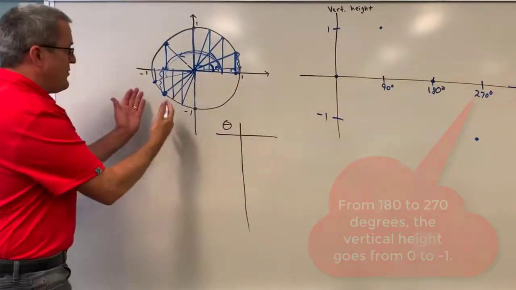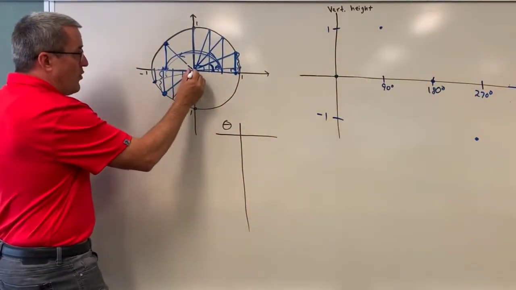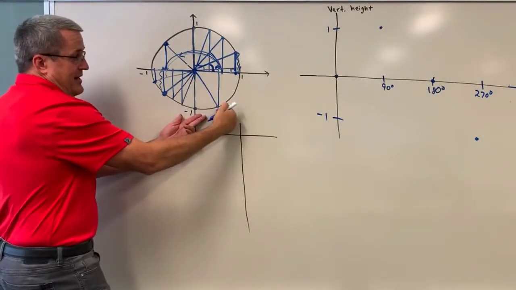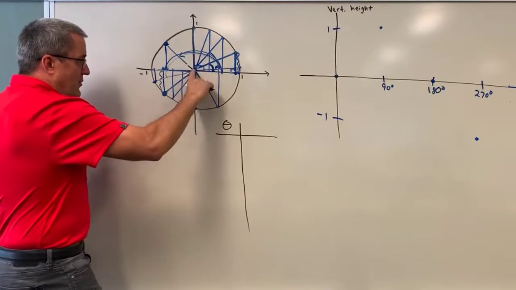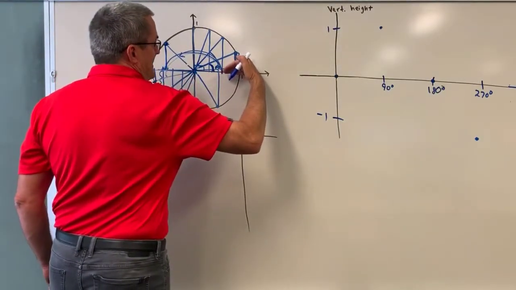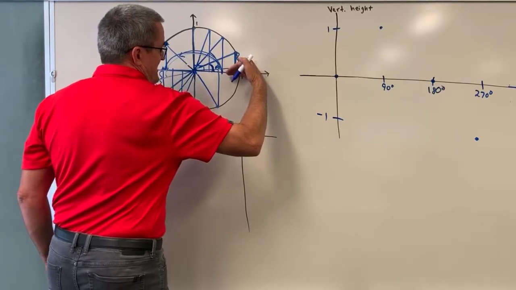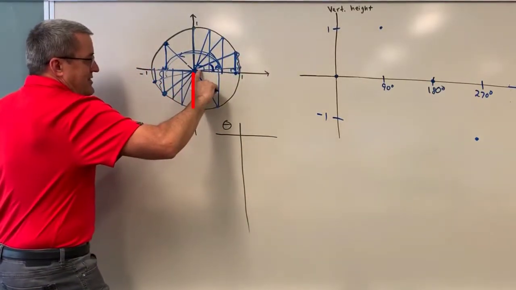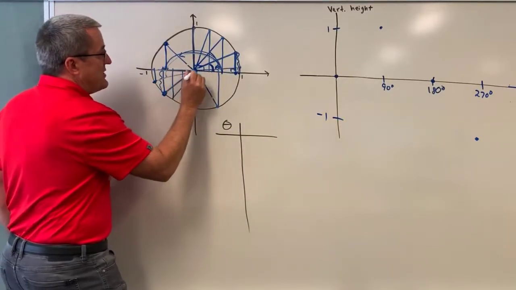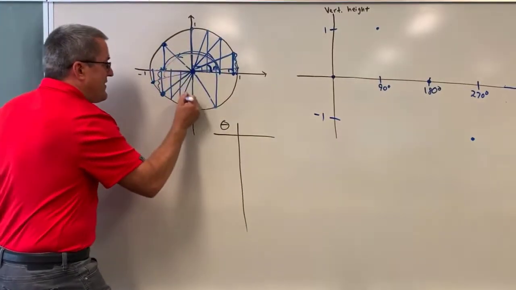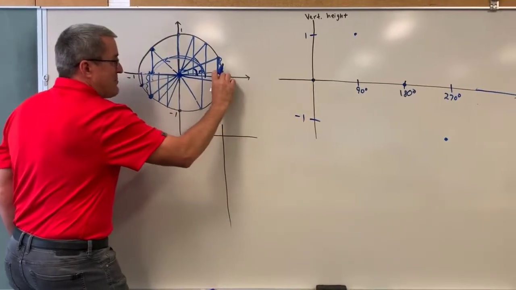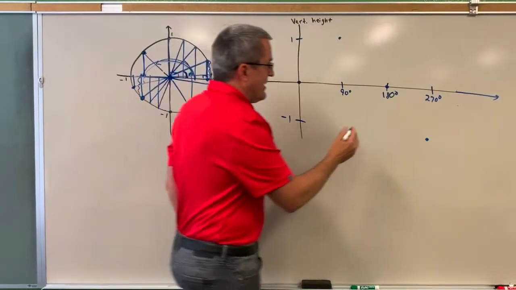And then what happens as we run through quadrant 4? In quadrant 4, we're also going to see vertical heights that are on the negative side of the scale. They're going to start relatively large, and as that angle rotates to complete one complete revolution, to get to 360 degrees, that vertical height is going to get smaller and smaller until, can you imagine, like a 359-degree angle is going to be like this, and the vertical height is going to be pretty small. And so we're going to come back up